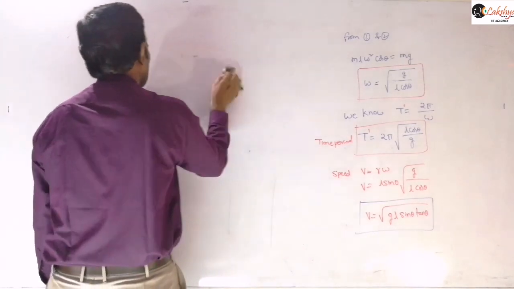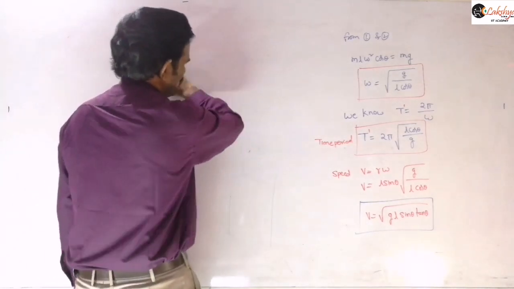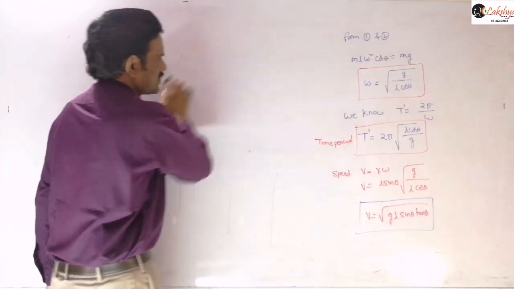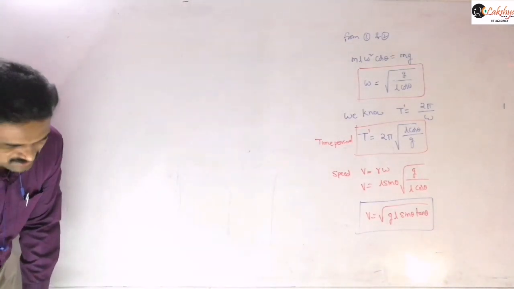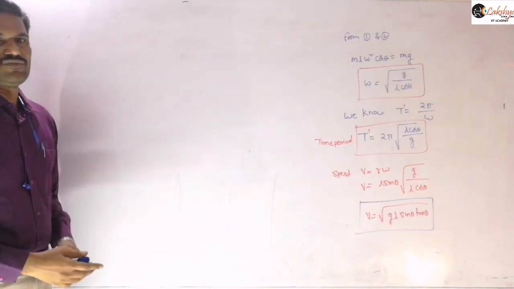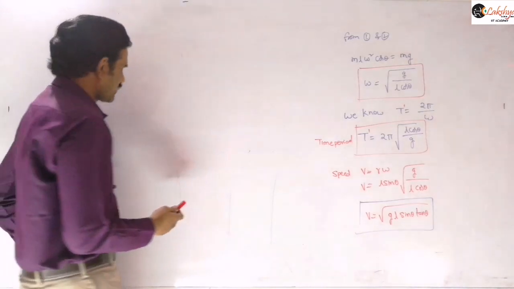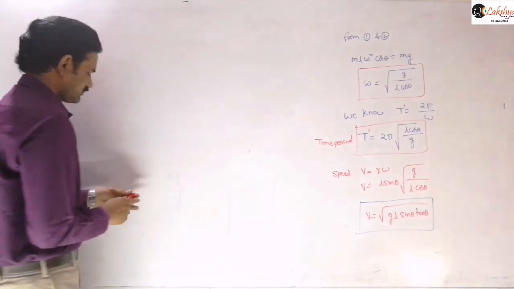So in this conical pendulum, that theta will be a constant value. That means it will look like a cone. If it is revolving continuously, then it appears like a cone. So that means the theta value will remain the same. Theta value won't change there. Now let us write this problem here.